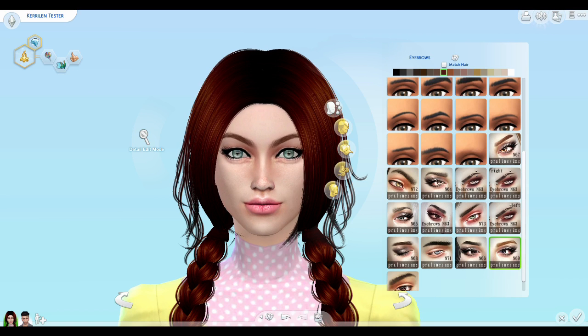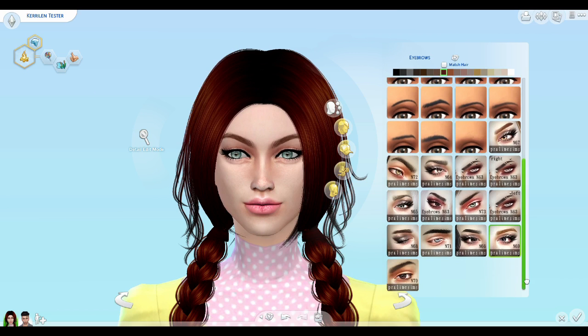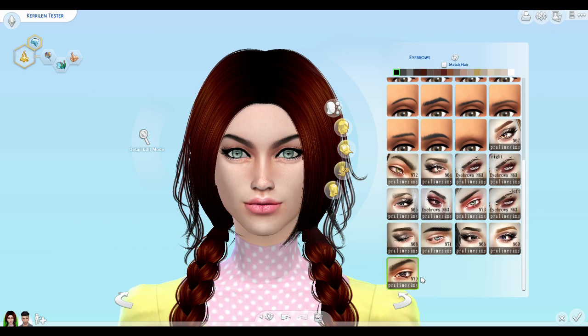The next is eyebrow. Well, we are gonna change it again. Sorry. Next is eyebrow bundle number 9 by Pralinesims, which includes 70 through 73. So 70, where are you? 70 is the one right there. So there's 70,